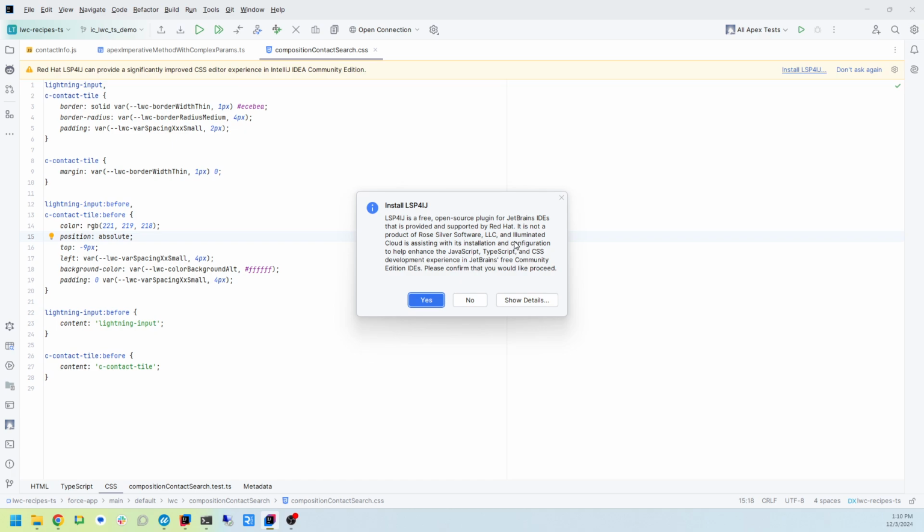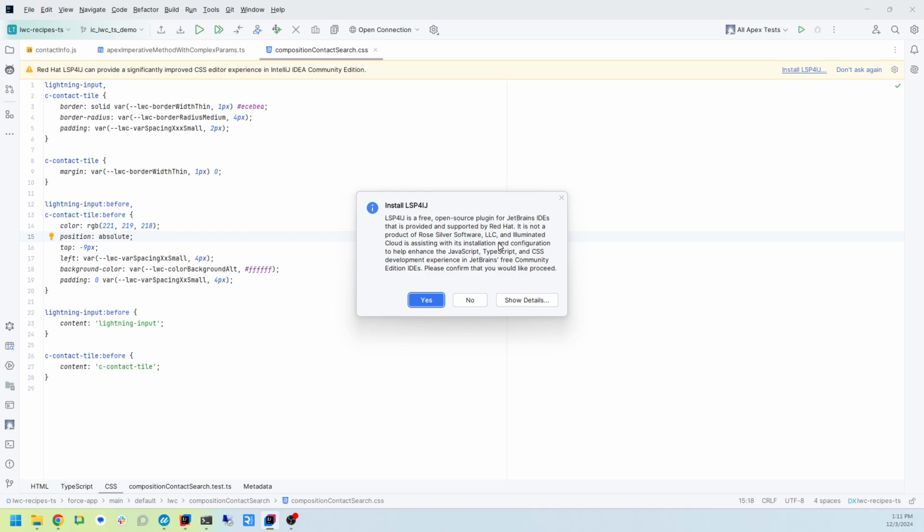Just a little bit of CYA here and a little bit of separation of concerns. If issues are found here, they generally need to be attributed and logged in the LSP4IJ public issue tracker on their GitHub repository. Now, just as with issues found in the underlying JetBrains IDEs and in Salesforce technologies like the Salesforce CLI or the Salesforce API, if you're not sure where the line is between Illuminated Cloud and in this case